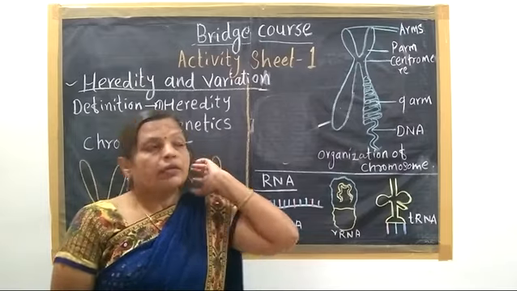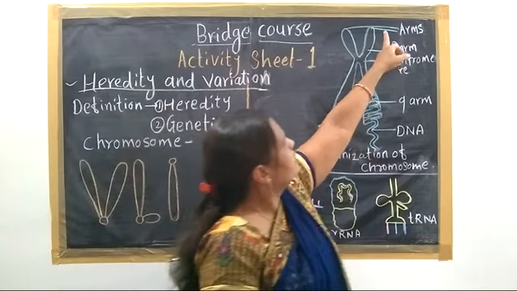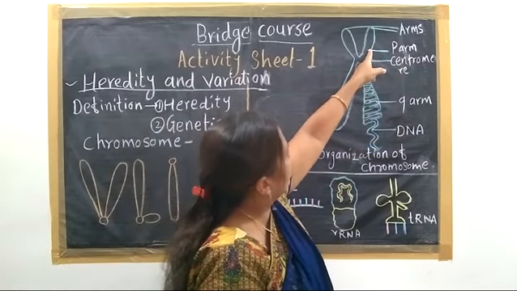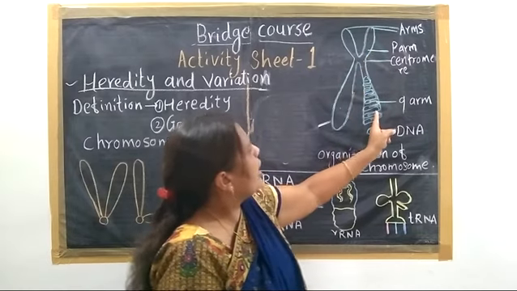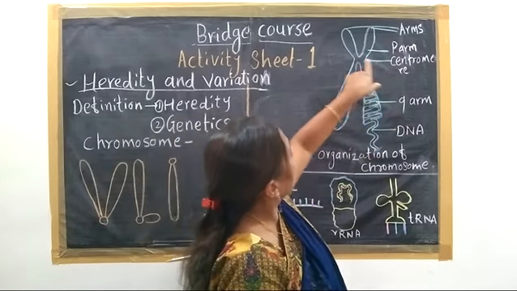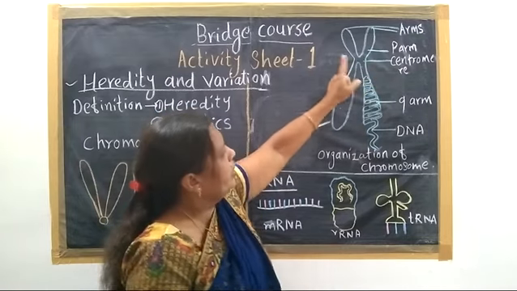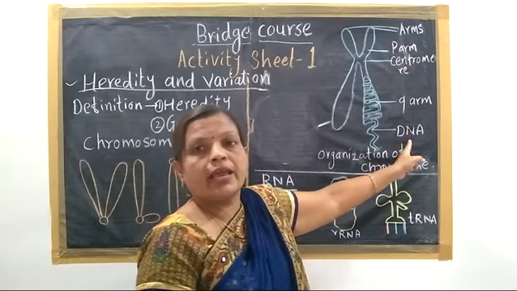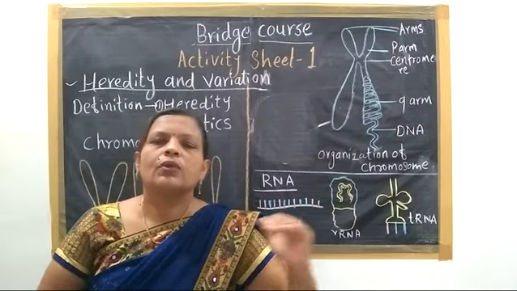So here it is, the diagram, and in this diagram they represent the two arms of the chromosome. There is the P arm. Labeling is very essential. It can be asked in the test. P arm and Q arm. The constriction that is present is called the centromere, and the arms of a chromosome are made up of this DNA. What is the DNA? Deoxyribose nucleic acid.